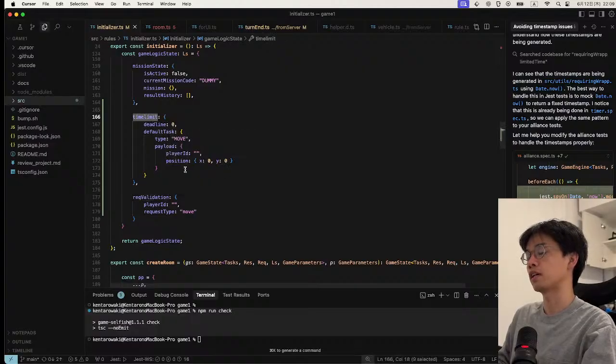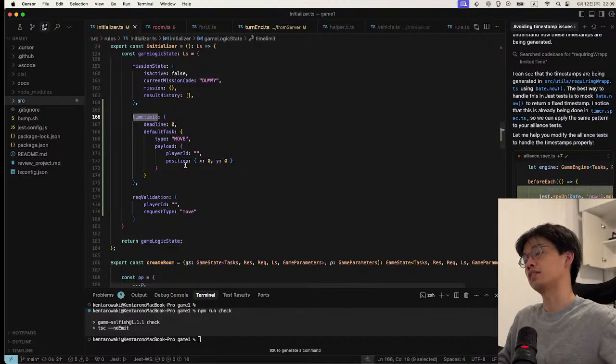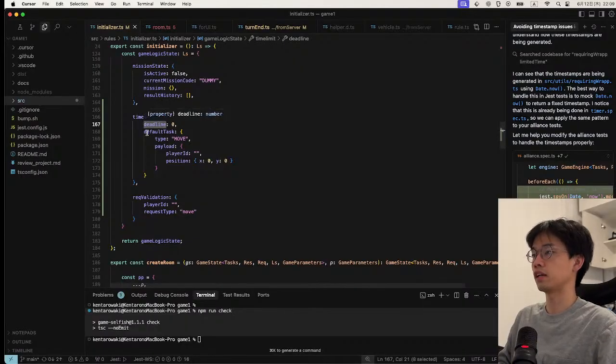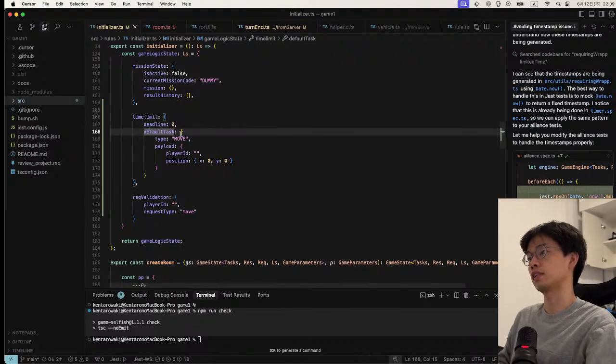This is for the time limit, and this object has a deadline. This field has a deadline timestamp for the actions. And if the deadline is exceeded, the default task which is set to this object is